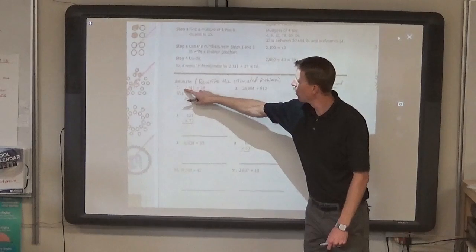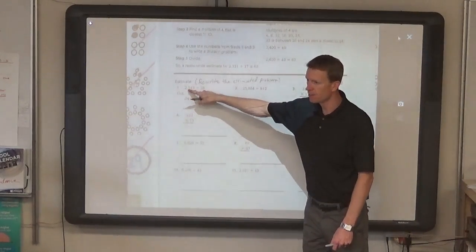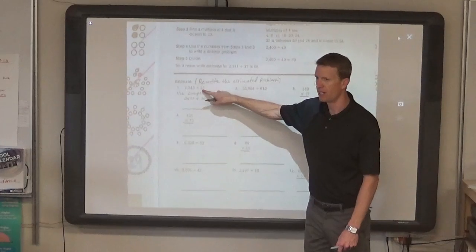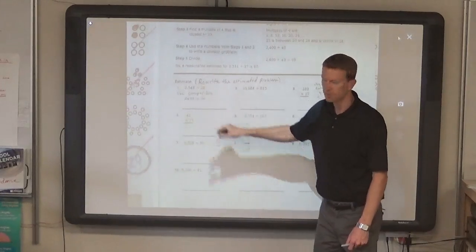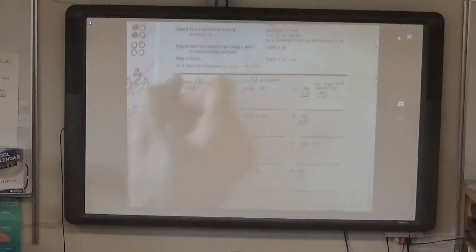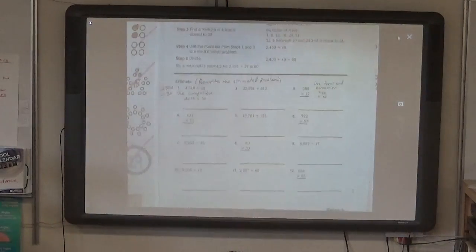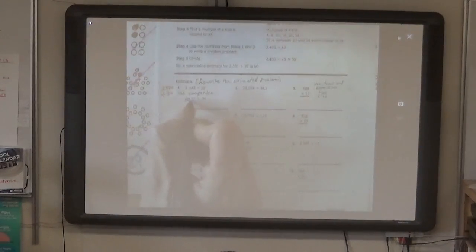So, we don't want to round this number to 25 divided by 3, or 2,500 divided by 30, because if we used 2,500 divided by 30, 25 does not divide by 3, does it? Not evenly. But there's a close number that does divide by 3 that we can work with more easily. And so I wrote that one, 2,400